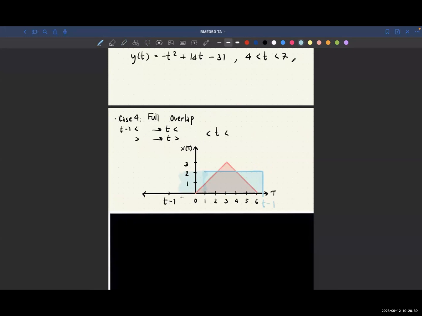So in this case, we don't know where the convolution actually starts now, but we know where it's going to end. So in this case, we know for sure that t minus 1 is more than 6, right? Therefore, our t